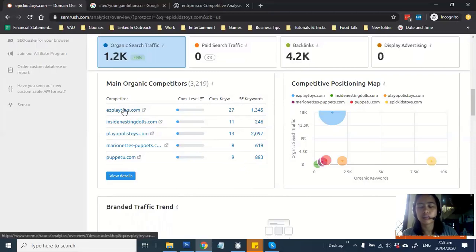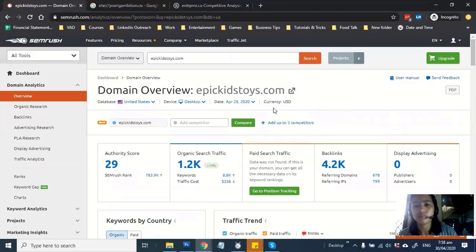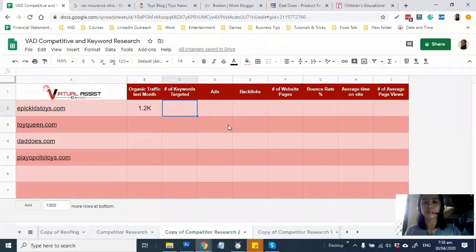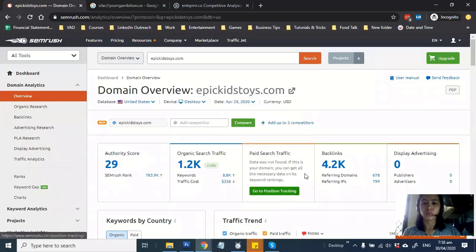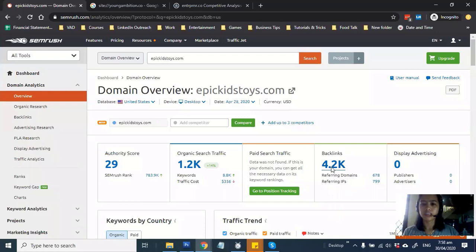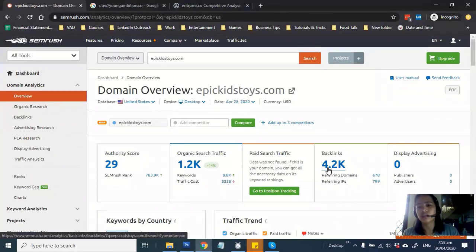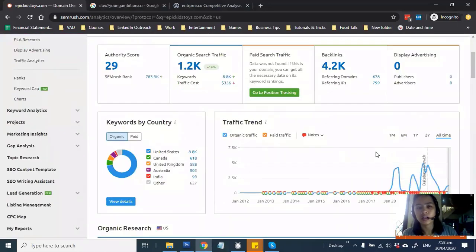So this can also be a good tool to use to find more competitors. Okay, so they're not spending money on ads. That's good. Backlinks. Backlinks pertains to the external links or outside links that point to your website, which will help your authority score